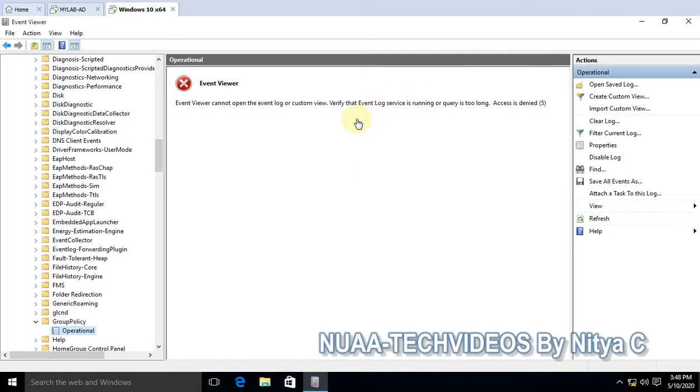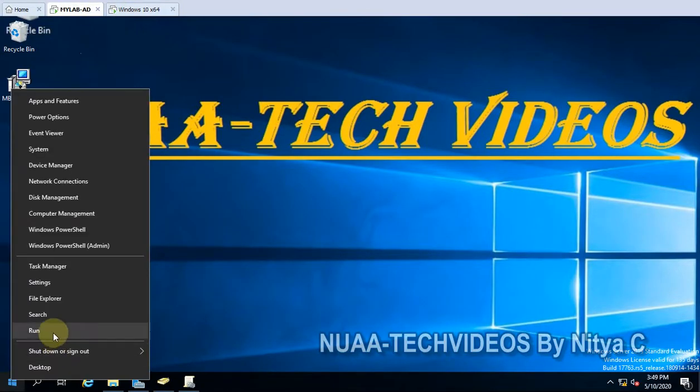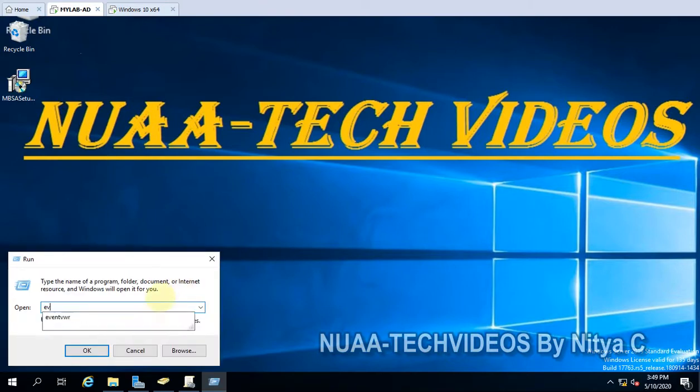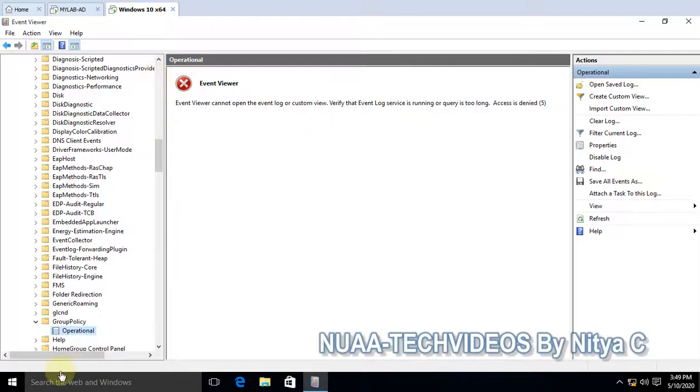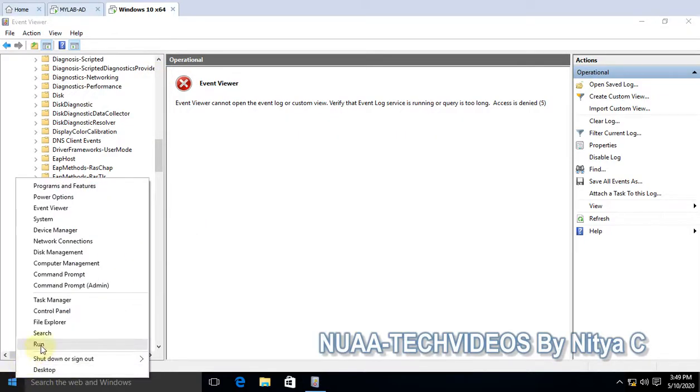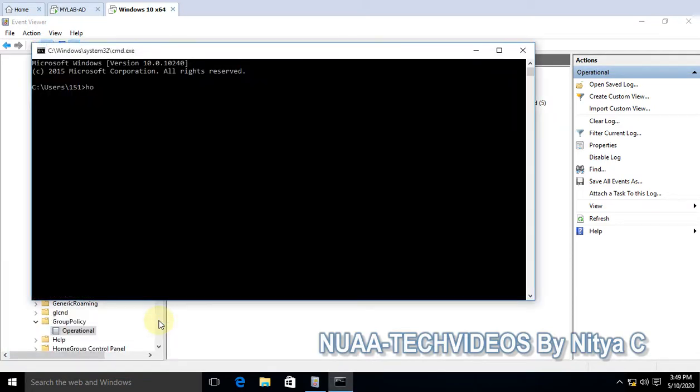So the current user does not have the permissions. Okay, not a problem. So let's open the event viewer from the server itself, and we will connect to the machine. So let me take the host name. Okay, copy it.